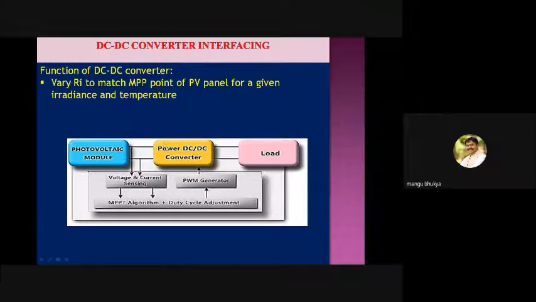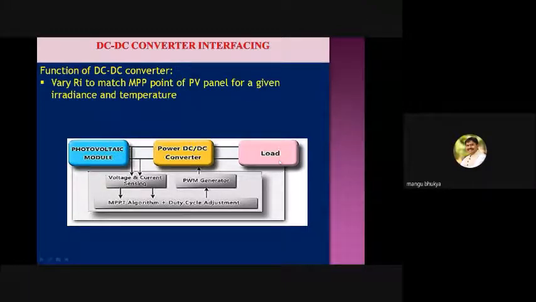We have a load, suppose the load is a battery, and we have an interface circuit and a PV source. What is our goal? Whether it is sun tracking, MPPT tracking or electrical tracking, our objective is to extract whatever power is available in the panel. But at the same time you have to see the load condition also. Here the load is the battery. From the panel we extract power and store it in the battery. Since free power is available, we cannot go on dumping it into the battery.